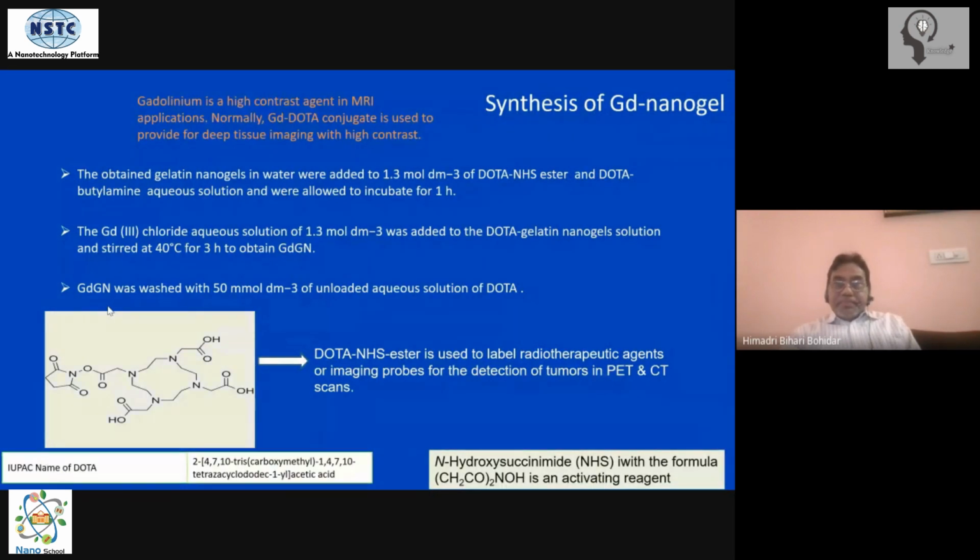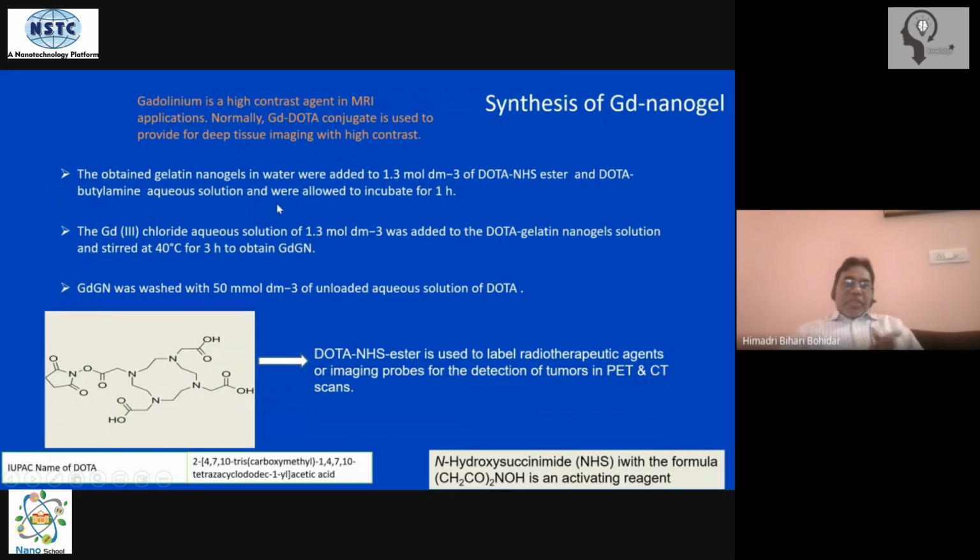So we have the synthesized nanogel with us. The synthesized nanogel in water is added to this concentration of DOTA. DOTA is a very long name; the IUPAC name of DOTA is written here. It's a long chemical name. NHS also has a long chemical name here: hydroxysuccinimide. So gelatin nanogel in water is now added to DOTA NHS ester and DOTA butyl amine aqueous solution, and